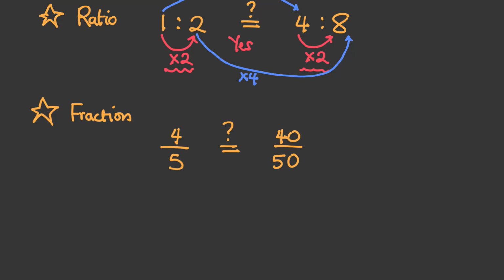Looking at this, yes, indeed, these are ratios. 4 over 5 is the same thing as 4 to 5, and we are determining whether it is equal to 40 over 50, which is also rewritten in ratio form as 40 to 50. And so we are going to use our analysis to determine whether these two fractions or ratios are equivalent to